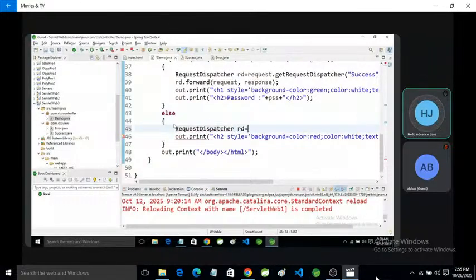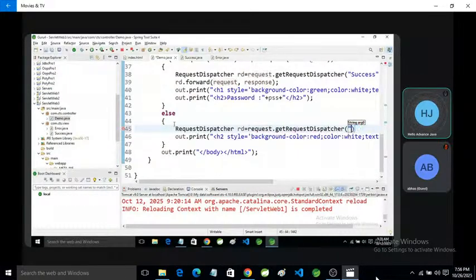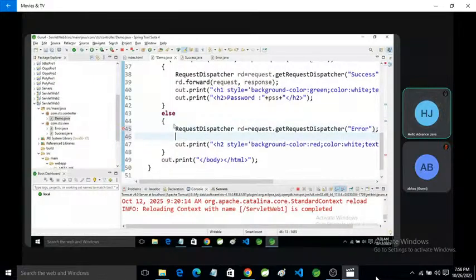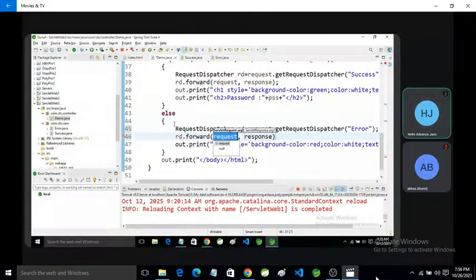RD is equal to request.getRequestDispatcher, and here you can declare the error page, and RD.forward, and here again we will transfer the value of request and response.